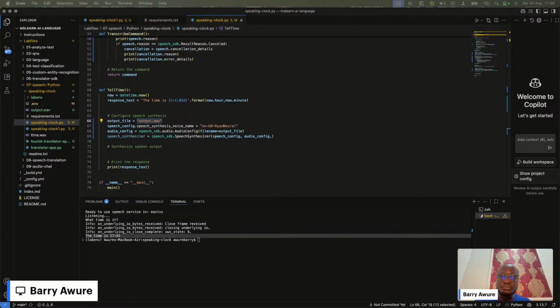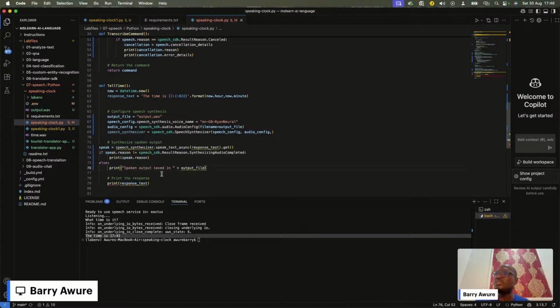So we're still adding more code to this. Now, this is the speech synthesis code, but we still need to synthesize the output, that is, to bring it out to us. It's not yet coming out to us, but it's being processed. So we can then give it these new lines of code.